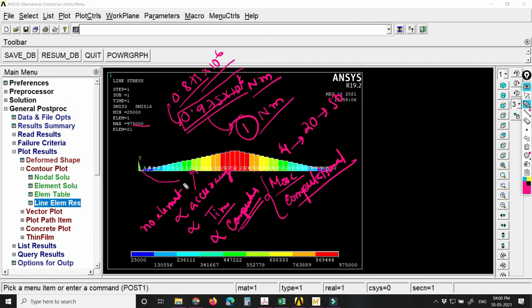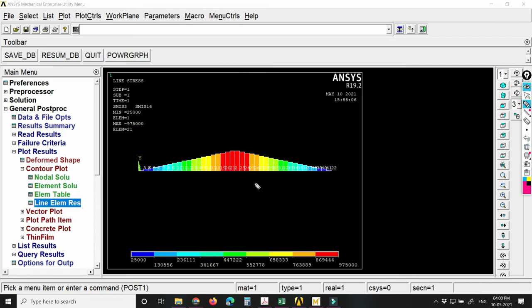That is why you have to choose wisely how many elements you want, depending upon the accuracy level you want, the time you have, and the computational effort you can allow. According to that you have to do the fine tuning of the meshing. Okay, so this is how we do the bending moment.